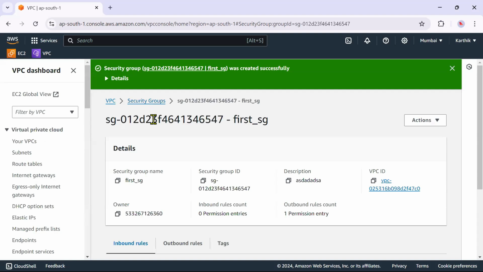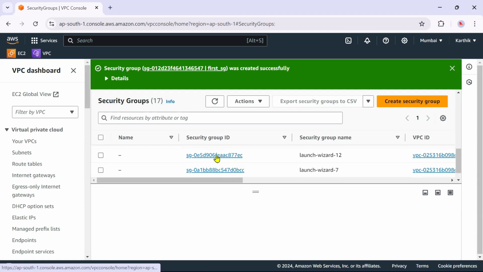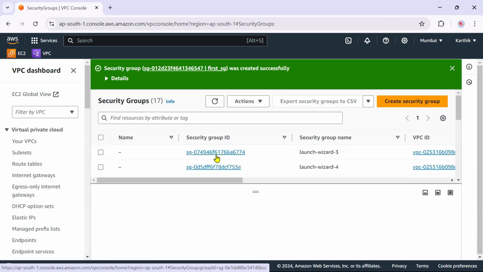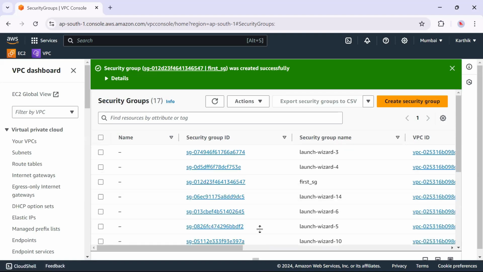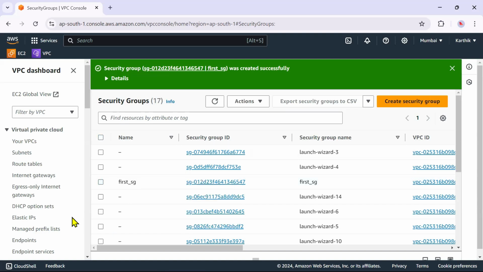Okay, my security group is created. Where is my security group? This is the one, correct? First security group. Now we have created our first security group.